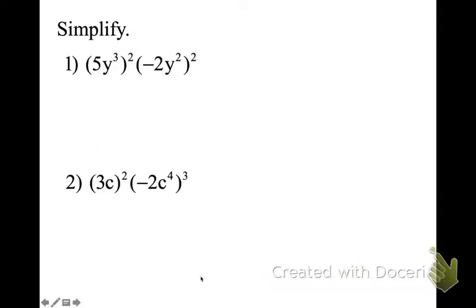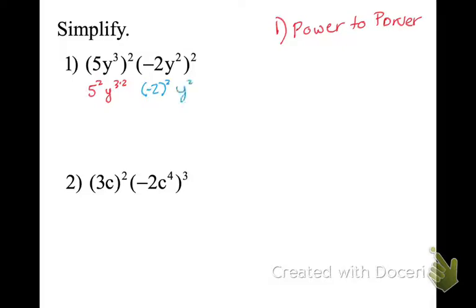All right, so now we're putting it together. First we do power to a power. Remember, that's when we multiply our exponents. So 5 squared, y to the third times 2. And on the next one, I get negative 2 squared, y to the second times the second. Okay, I'm going to simplify. It's 25, y to the 6th,